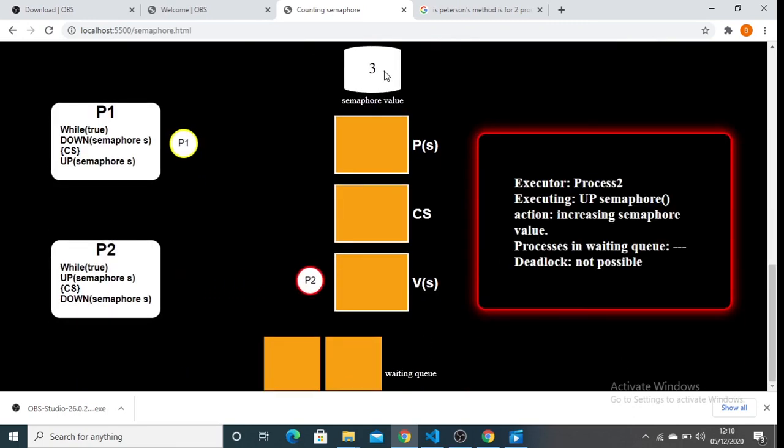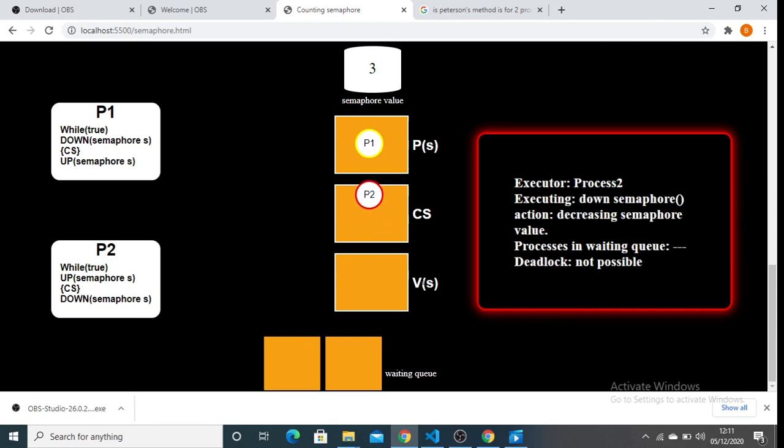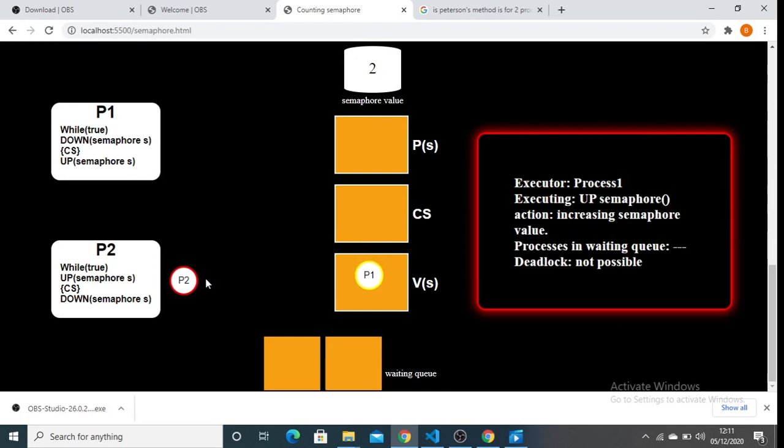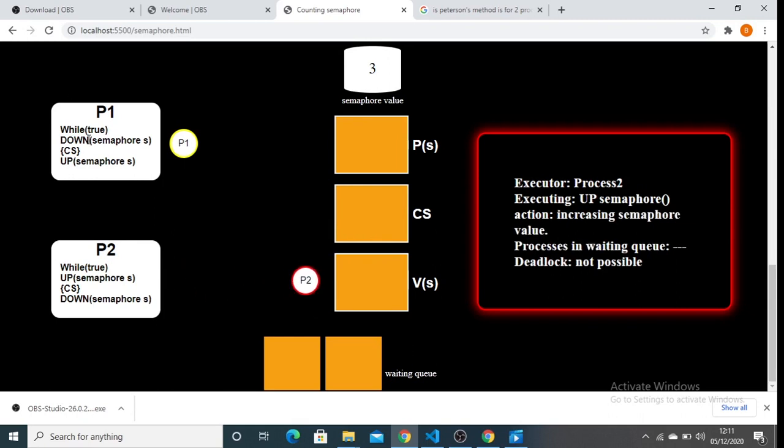So the semaphore value 3 was given by us, so P2 has incremented the value, P1 decremented the value, and P2 checked the semaphore value, came into the critical section, went to PS, decremented the value, and P2 again went into its completion mode. So here P1 is completed, and now again, as it is while true, P2 and P1 will be executed in loop mode.